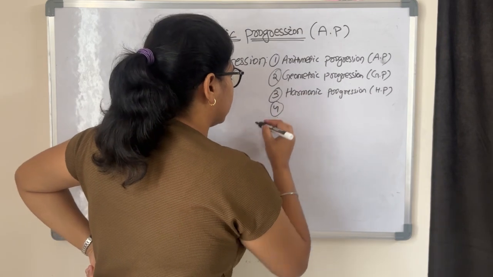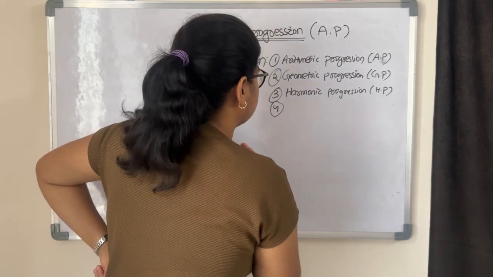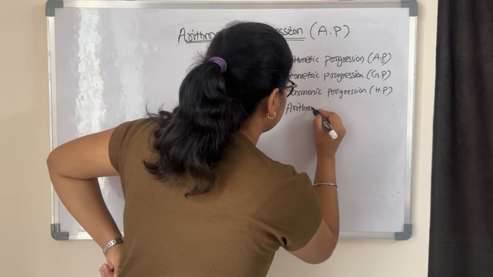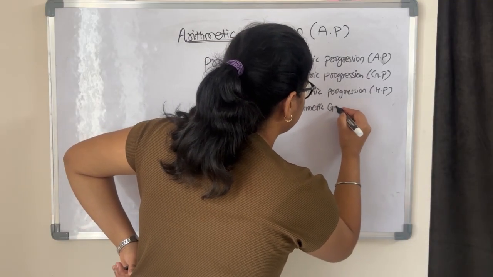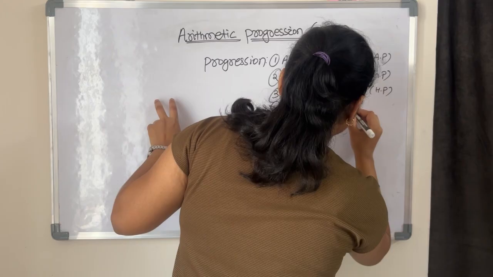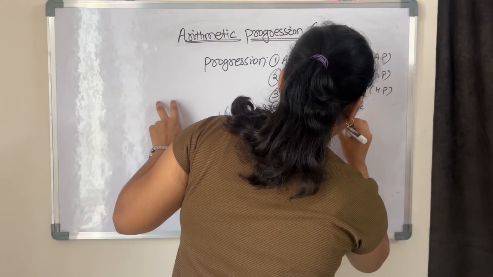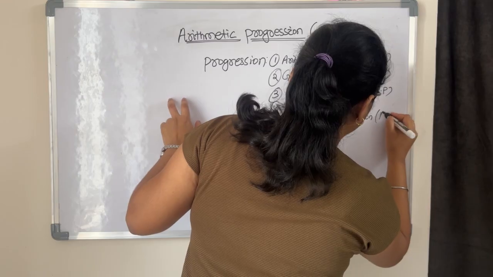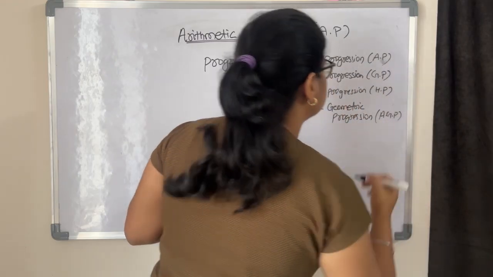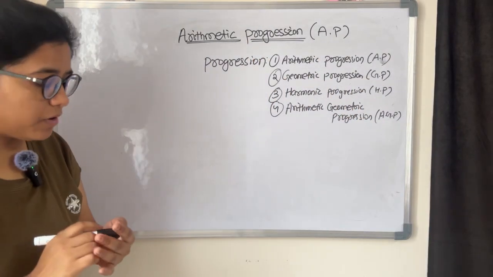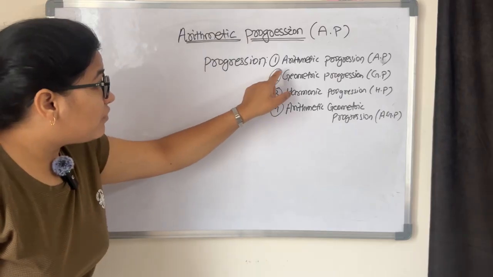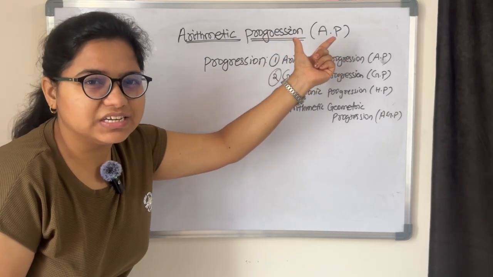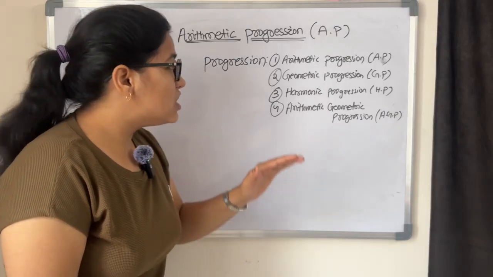Shortly we can say harmonic progression, arithmetic geometric progression, and shortly it is AGP. So the first type is your chapter that we are going to discuss in this session, and